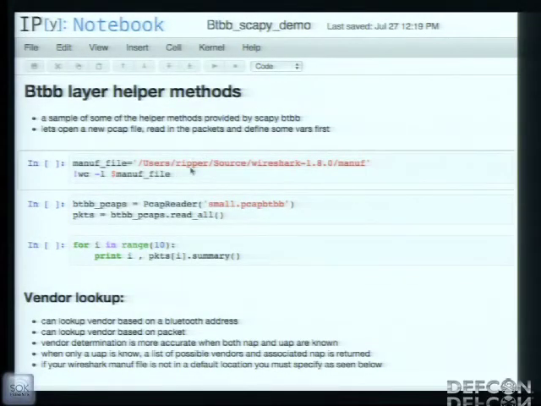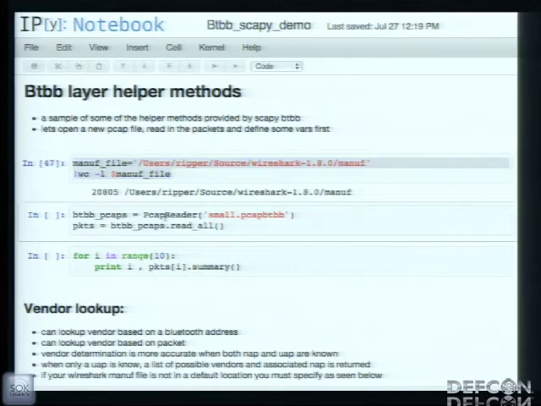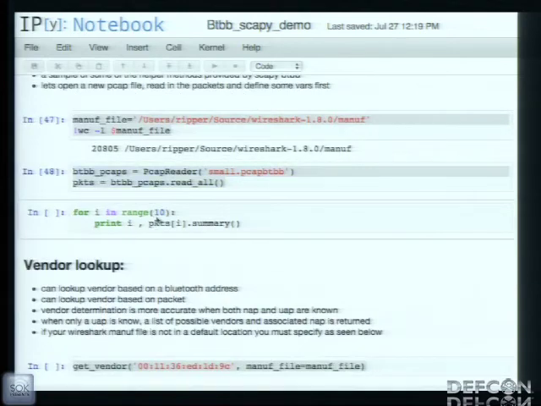Okay, so this is just some setup stuff. I use Wireshark manufacturer files when I do my vendor lookup and NAP lookup on a lot of my data. I don't have my Wireshark manufacturer file in a default location, so I have to specify it here. I'm going to open up another PCAP file, and we're just going to view the first couple packets within